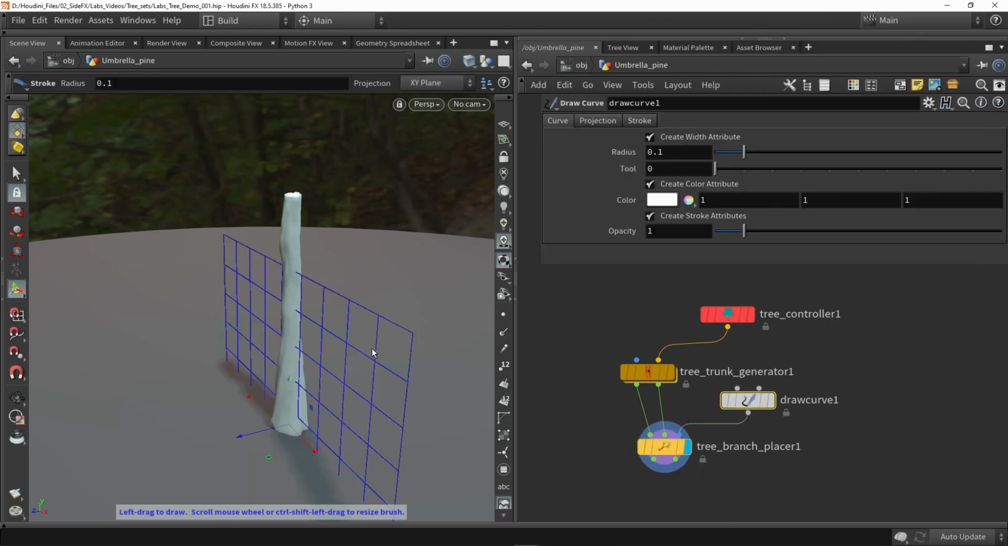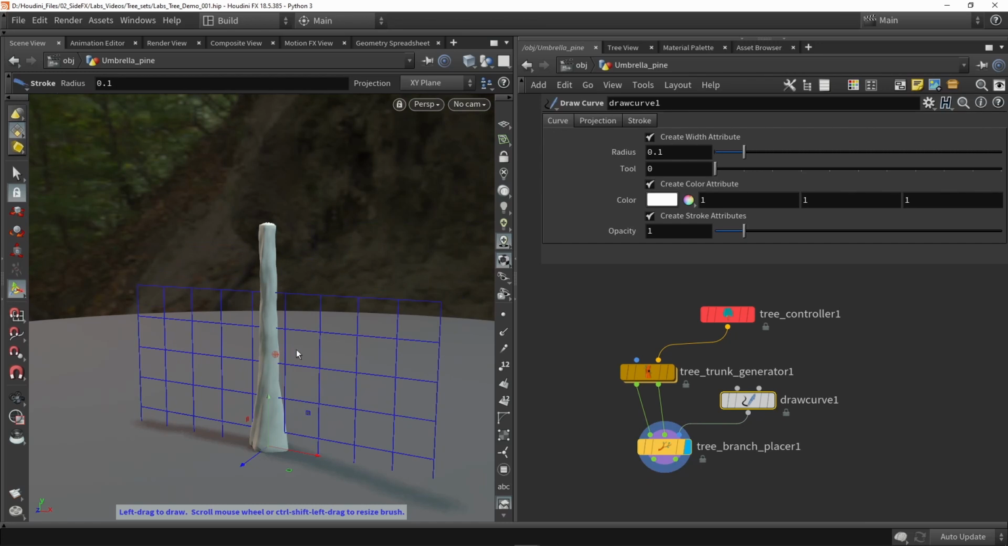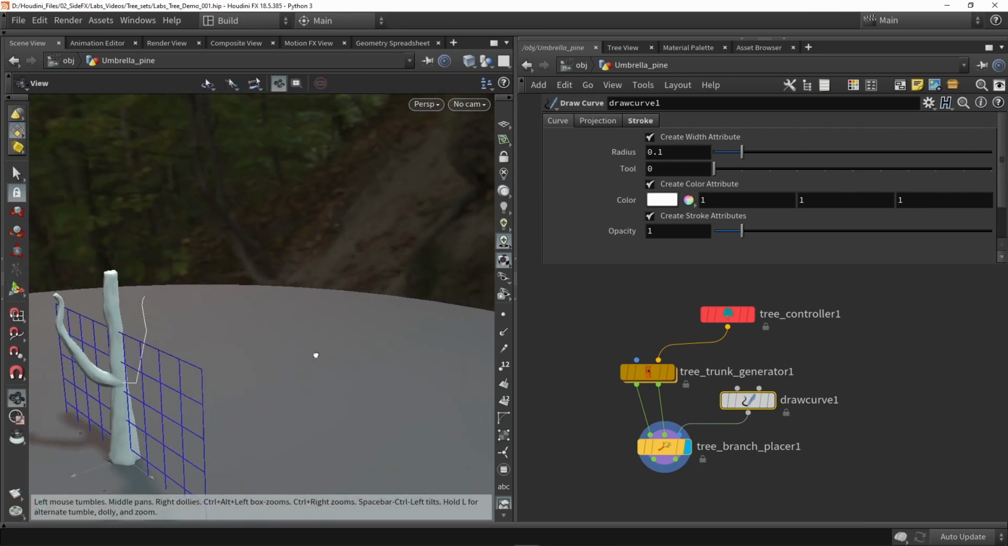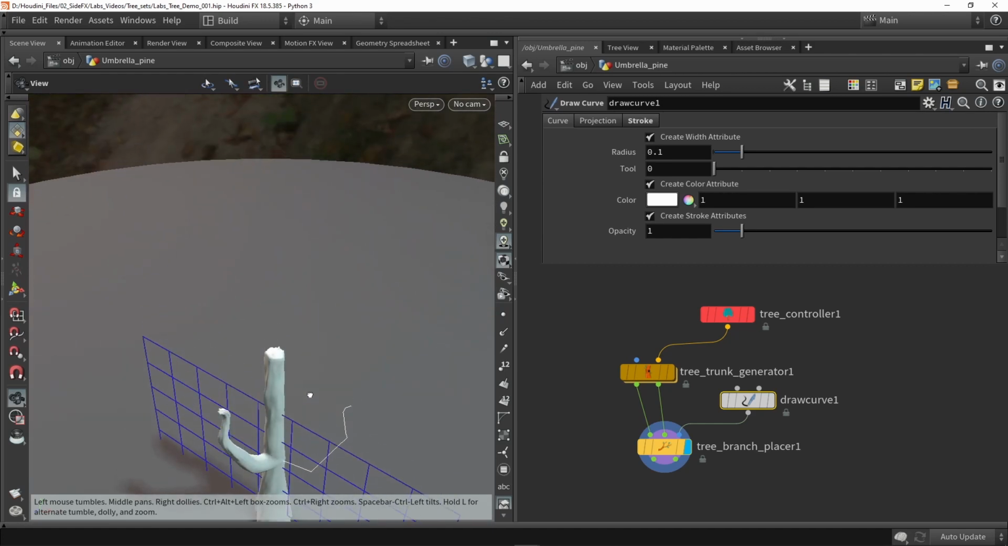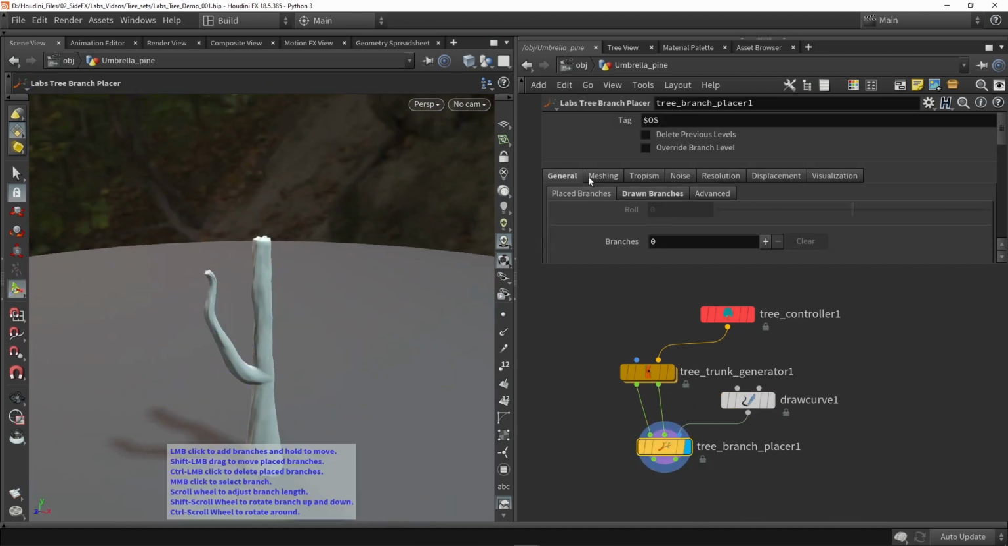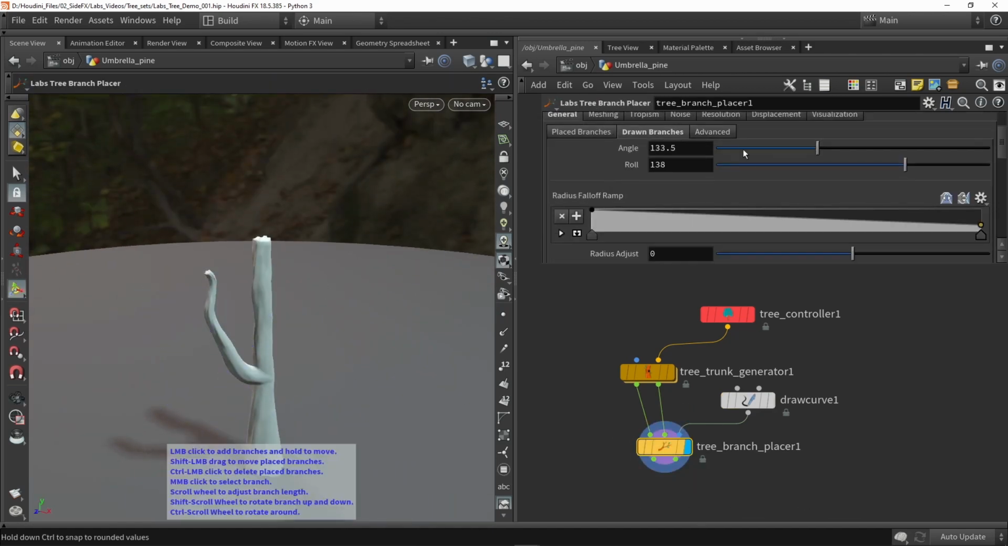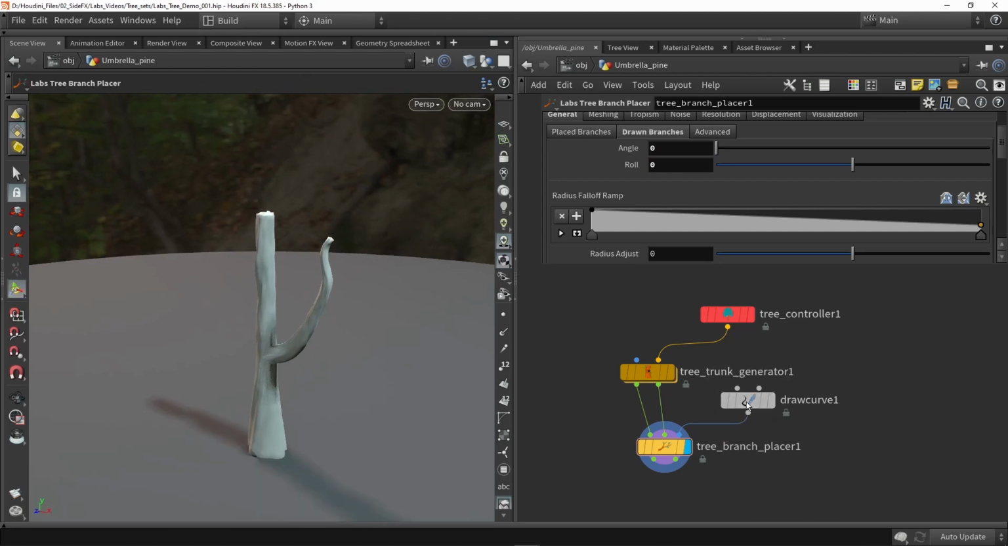We can add it here. And I can, for example, just draw something like this. And as you can see, it will automatically add that here as well. There are some parameters here again. You can see it automatically gave it a random rotation and roll, so you can twist that. And if you put this to 0, we can see that it is in the original shape where I